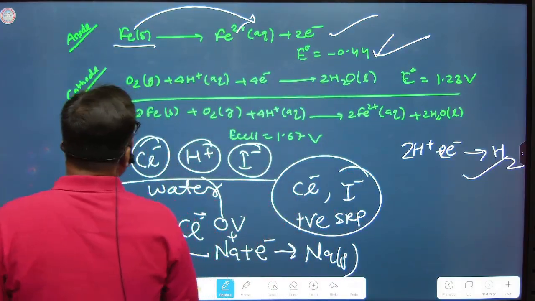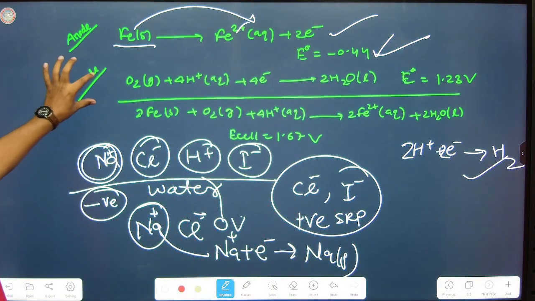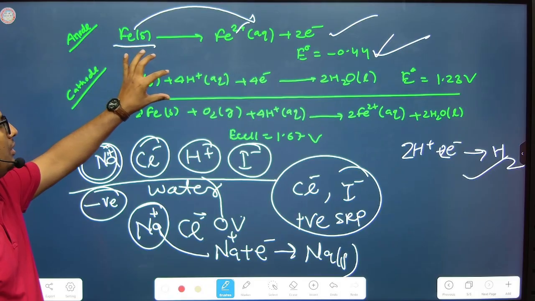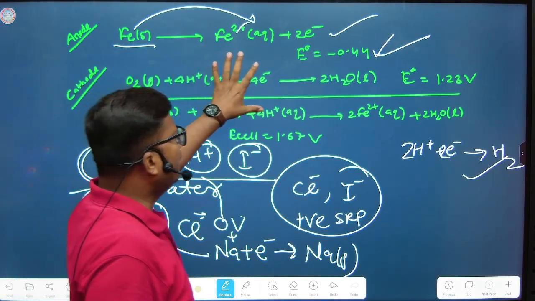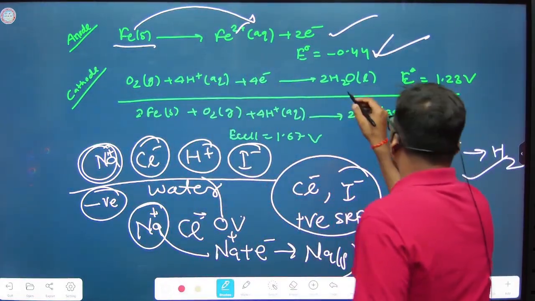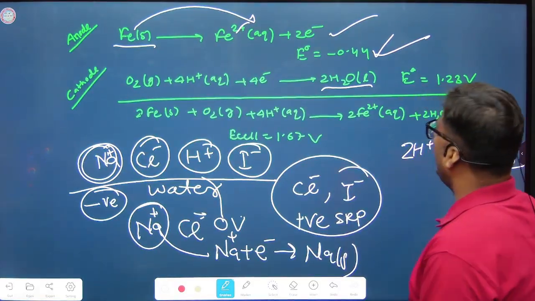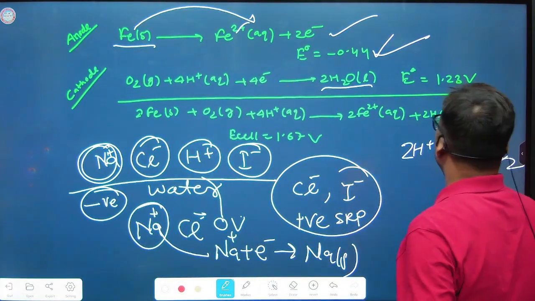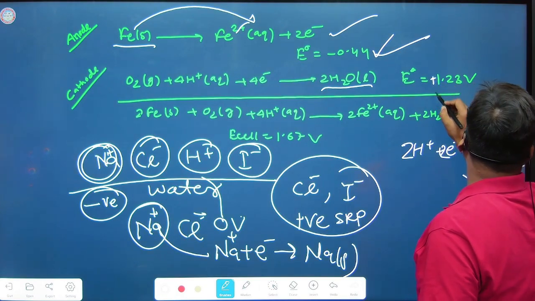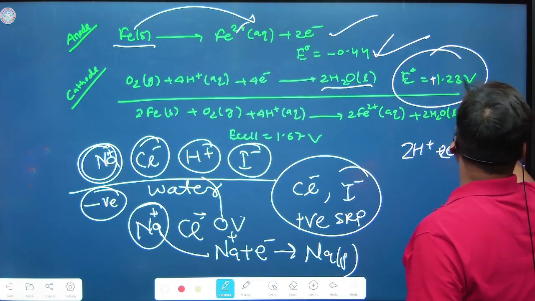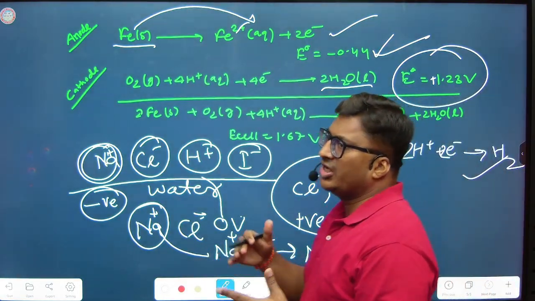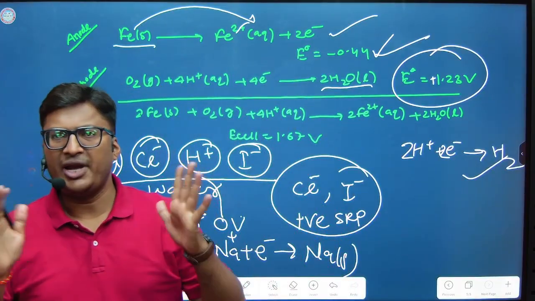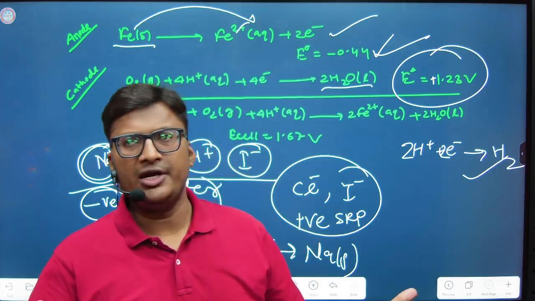Clear? But this oxygen from the environment and the hydrogen ion from the moisture will receive 4 electrons, that is converted back to 2H2O, that is liquid water. And this is the reduction reaction which has a positive 1.23 volt, right? So in corrosion, once the corrosion takes place,